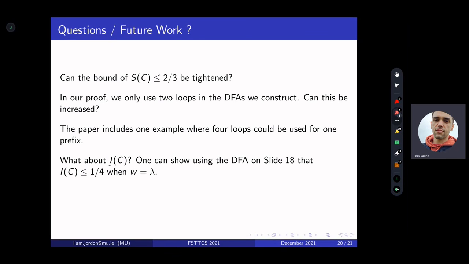What about the lower bound? Well, we don't really say much about that in the paper either. The best we state is that it is at most a quarter. So a future area of work could be trying to figure out, for example, is it strictly bigger than an eighth? Is it strictly bigger than 0? Is it equal to 0? I don't know. We haven't explored.